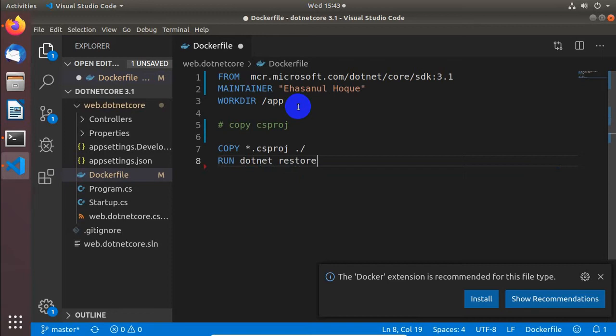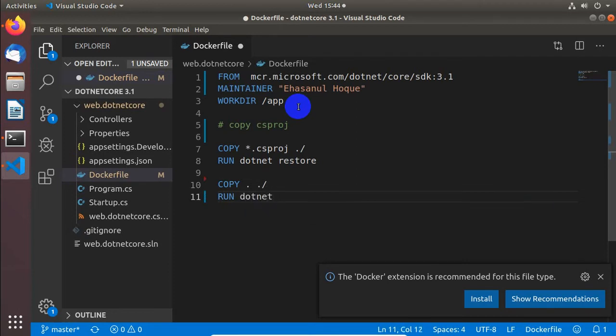This basically restores all necessary packages. Then copy everything from the application to the image's directory, and then run dotnet publish.